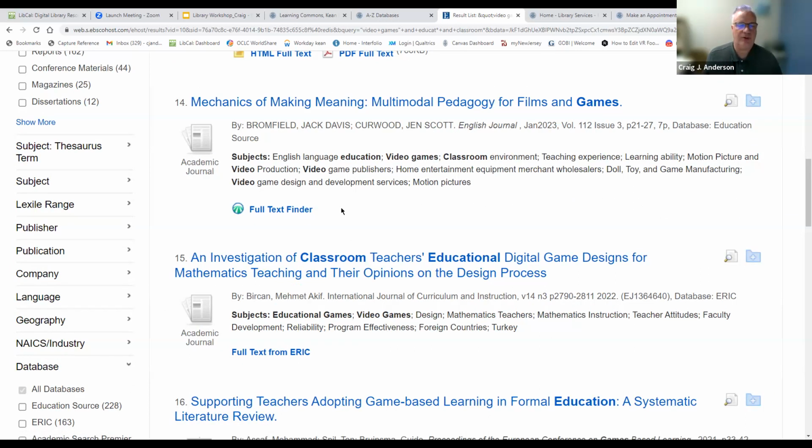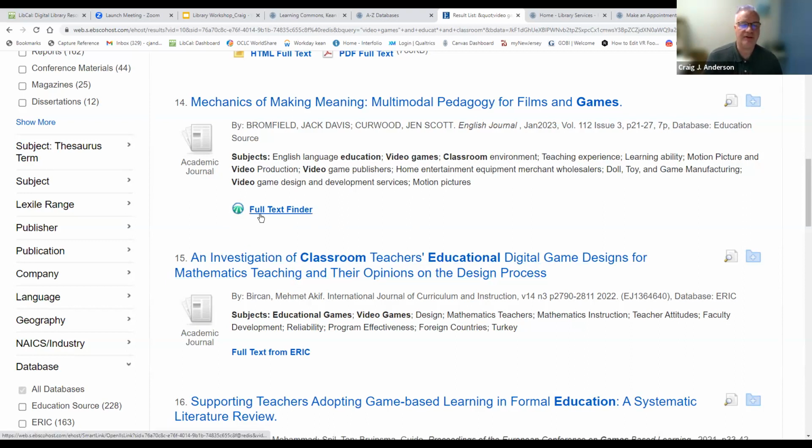But full text finder will look for things that are in other databases, even if they're not, for example, EBSCOhost databases. And one of the things that I want to point out is that the full text finder has this little blue-green icon right here. This is like the official logo of the full text finder. The only reason I'm telling you that is because we have some other databases that just have this little logo and you're supposed to psychically know what that means or something.